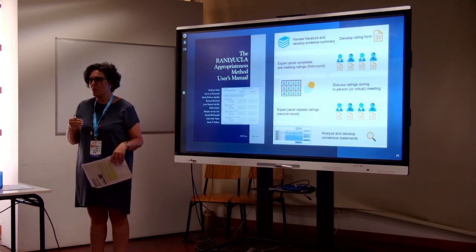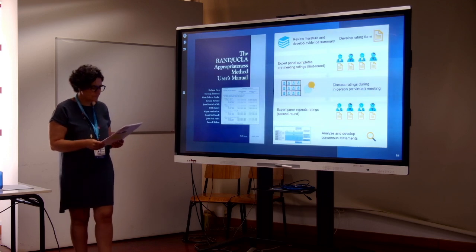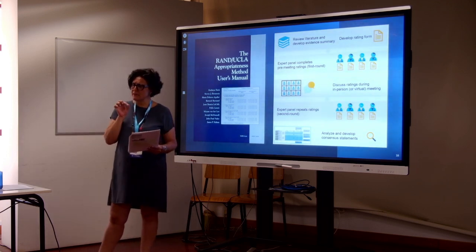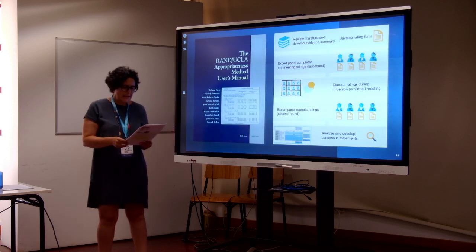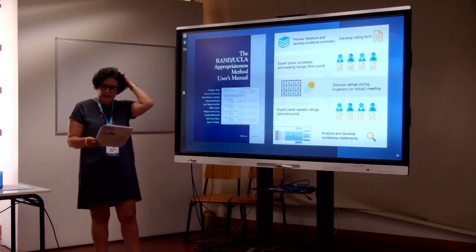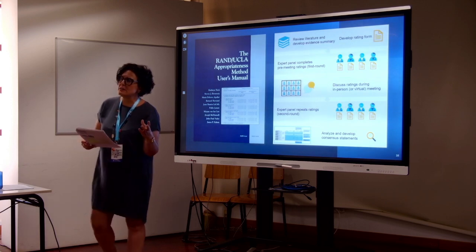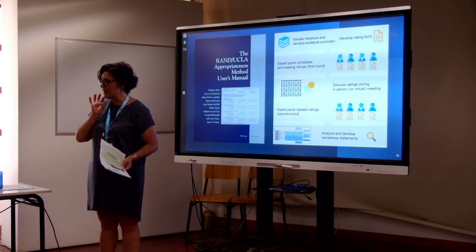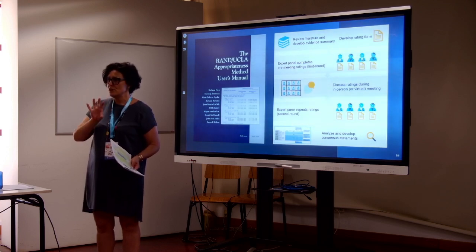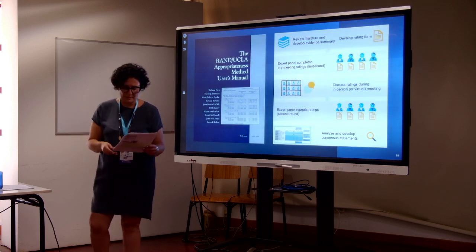Firstly, they develop a very concise, very objective research problem, and then they make a review of the literature that allows them to gather the most important and relevant information toward the matter that is in debate.